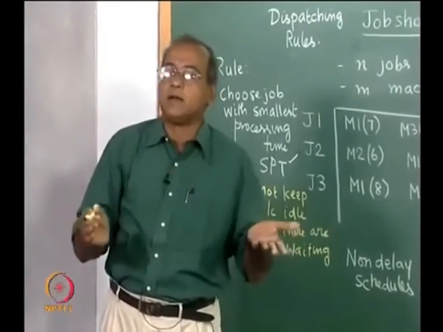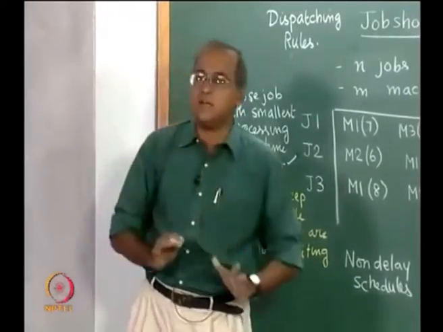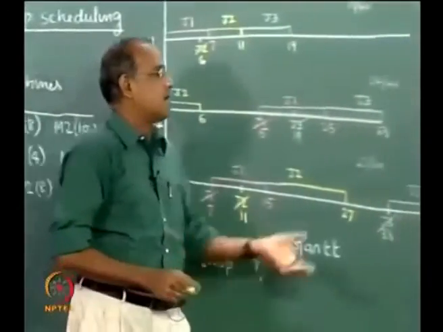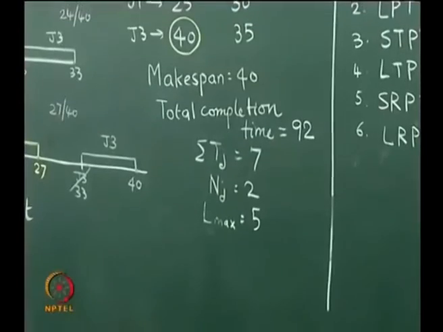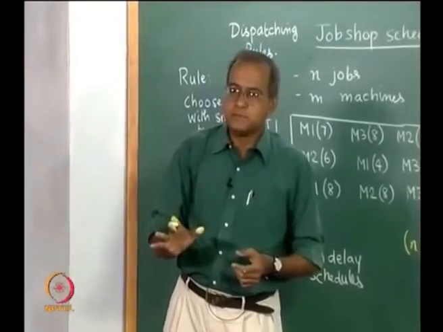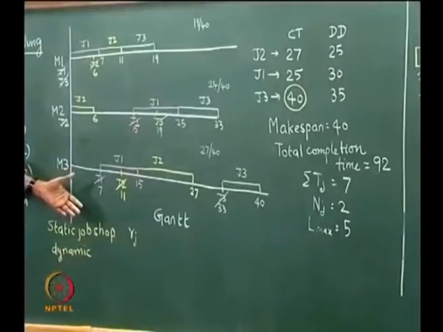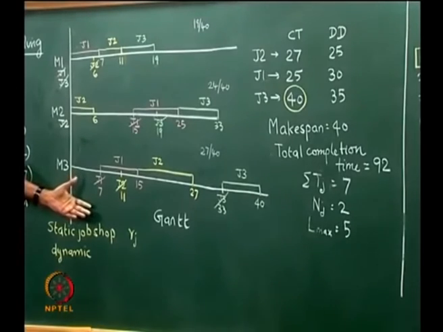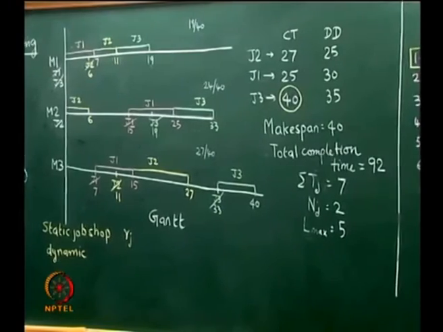So, there is no makespan concept in a dynamic job shop. Dynamic job shops are essentially concerned with other measures like flow time or completion time, tardiness, number of tardy jobs, and so on. Dynamic job shops do not consider makespan. We could also model job shops with known release times, which is called Rj. So, this gives us a complete view of certain aspects of what is called static job shop scheduling.